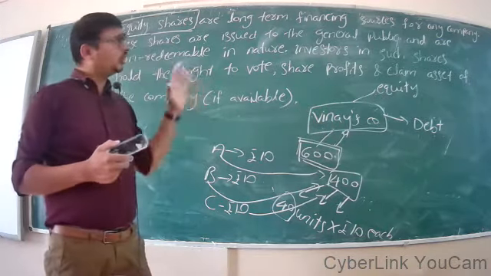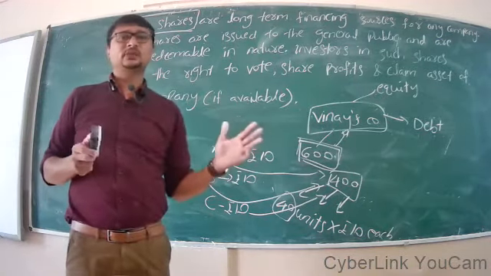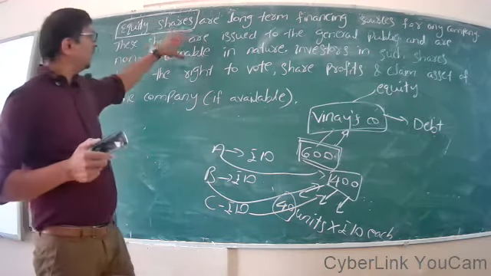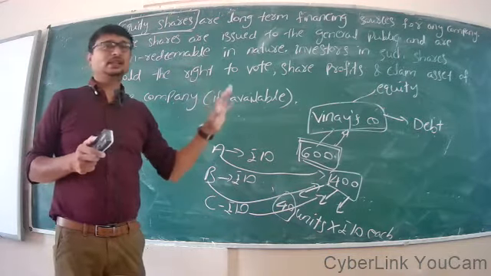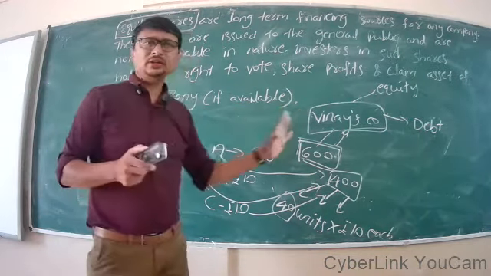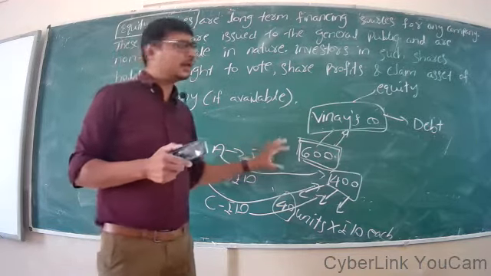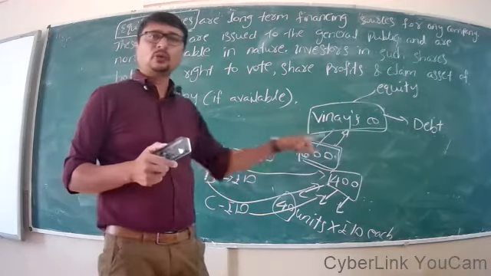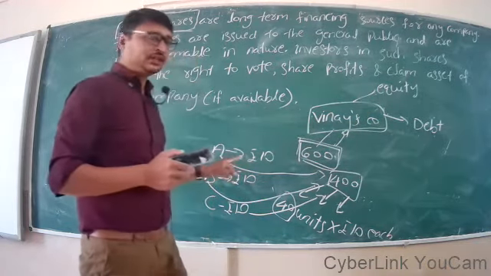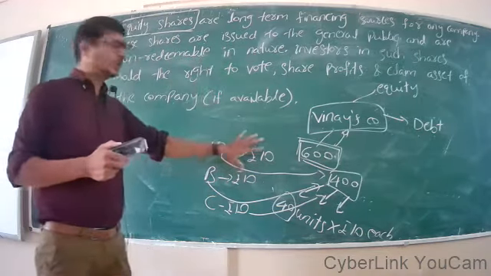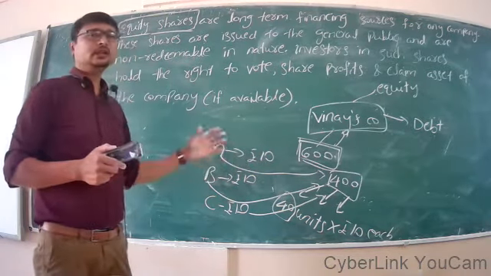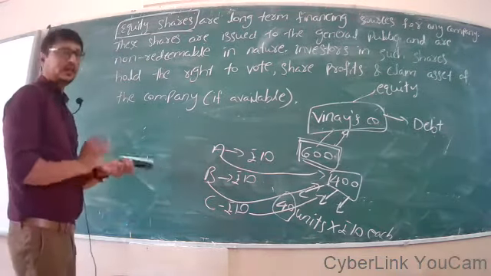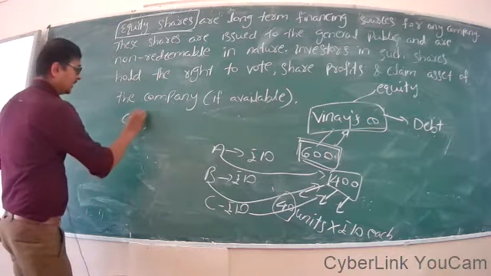So what we are discussing is equity shares. Equity shares are non-redeemable in nature. That means the company is not going to pay back this amount. What happens if the company borrows from a bank? It has to repay the principal amount also. But what happens in equity shares? The company never returns this 10 rupees to Mr. A. Then if he needs money, where does he go? That's where we classified the capital market